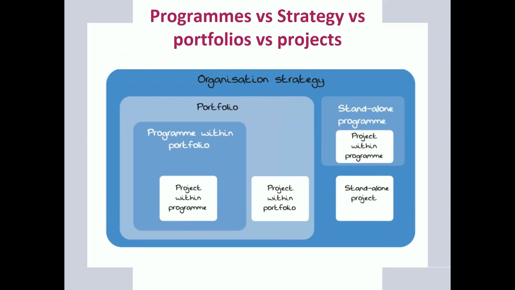So to set in context, and I will introduce here for those who are not familiar, the concept of the three Ps, portfolio, program, and project level, and the way they link together to organizational strategy. This P3 relationship is key to understanding how the three fit together. Strategy, that organizational strategy, sets the direction in which everything is trying to go, the business, the organization.